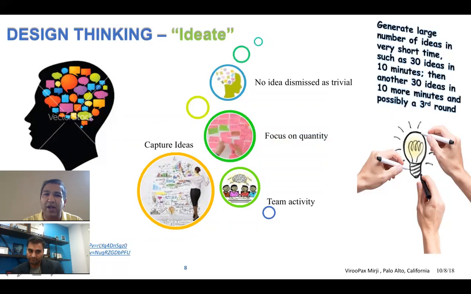Just capture all the ideas you have. Focus on quantity, get as many ideas as possible. Use stickies or pictures, charts, and put them on the wall, whiteboarding or drawing. Just scratch it on a piece of paper, but focus on hundreds of ideas. Don't stop at the first 10 or 20, 30. Go beyond that. The first 30 ideas will probably come in the first 10 minutes, but after that is when the really interesting ideas start. And those interesting ideas you need to categorize or bucketize into different categories.